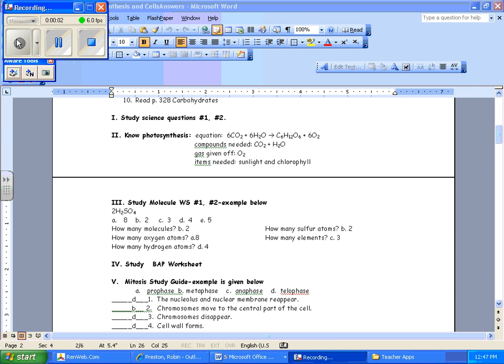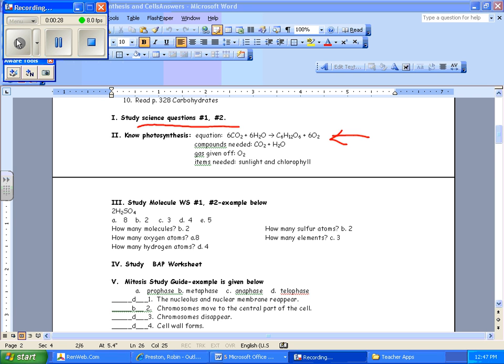Okay, guys, I'm going to go over some of this review with you. This is my first step. You really need to look at these study science questions number 1 and 2. If you can answer them all, you're in good shape in understanding photosynthesis. Also, you need to be able to write by yourself the photosynthesis equation, making sure all the letters are the